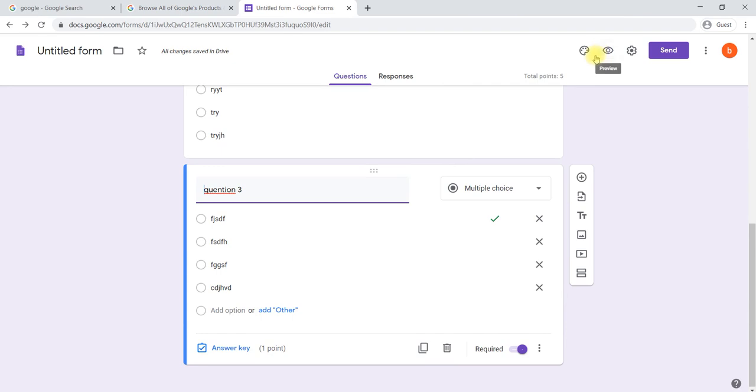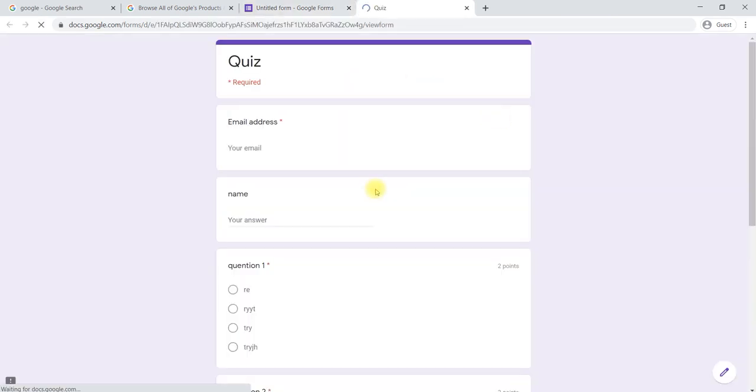For example, let's preview how it will look. It will look like this. I have given an email address, then a name.